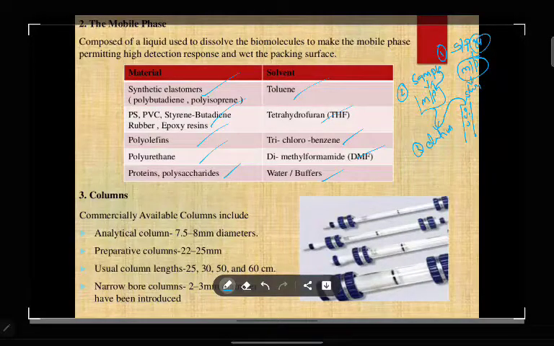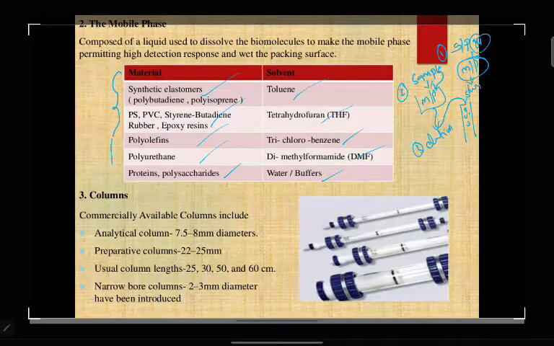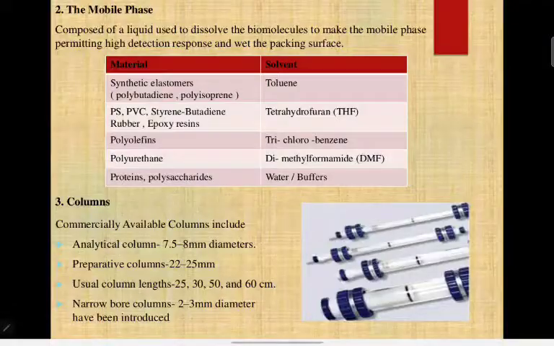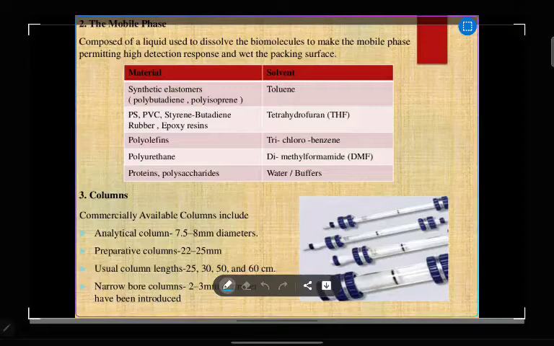So what I am going to say is, based upon the compounds or sample you want to separate, a suitable solvent is used. Now the stationary phase is ready and the mobile phase is ready. Now what do we have to do? You have to fill it inside the column, isn't it? So how are we going to fill the column? Now I will explain. We have two methods.